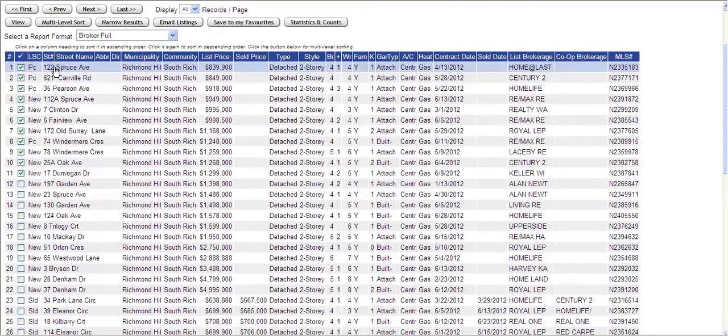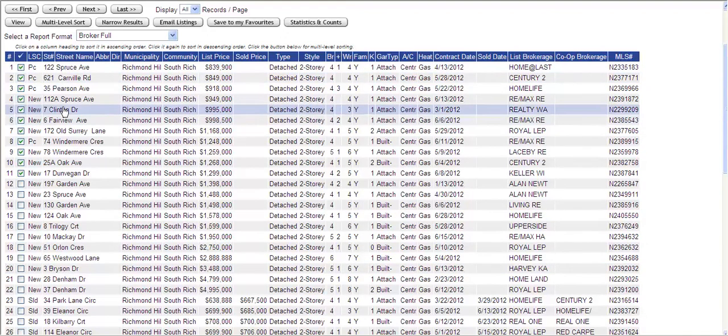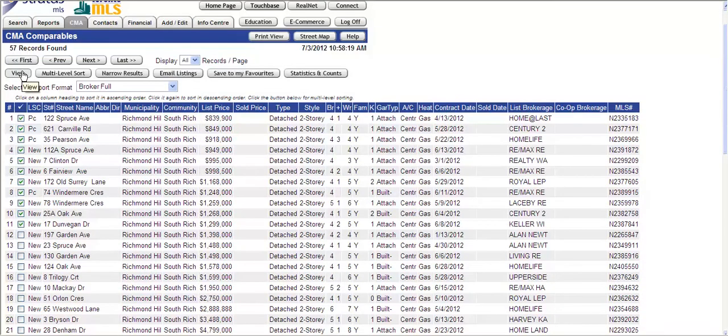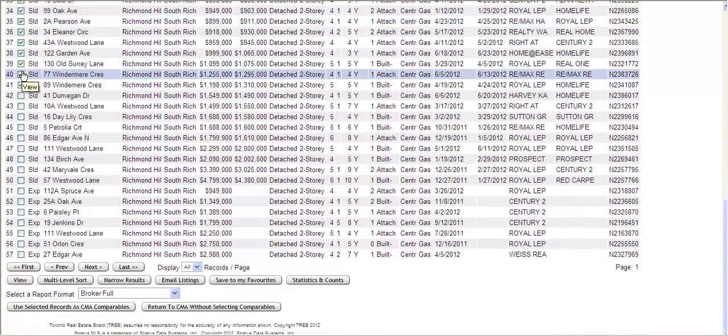Now, if you weren't sure what to include, I'm familiar with the specific area, so I'm very quick to select which ones I want to use in my comparables. But if I did not know, I'd recommend that you go into the view mode and view each MLS listing, and you'll be better able to identify which ones you want to include or not. You're going to have to go through each listing anyways, but you could select the view mode and view each listing and select as you go from there. I'm going to scroll down to the bottom, and I'm going to select Use Selected Records as CMA